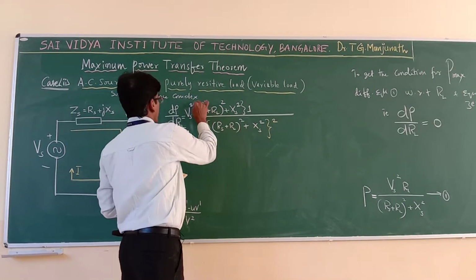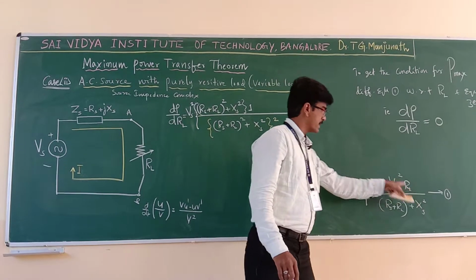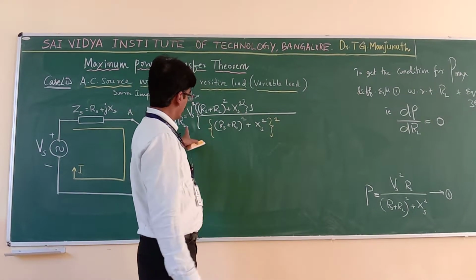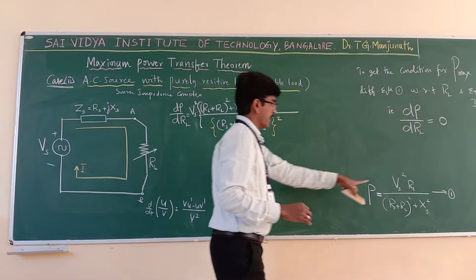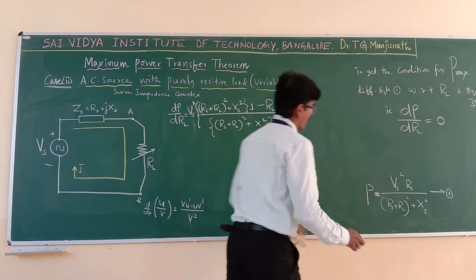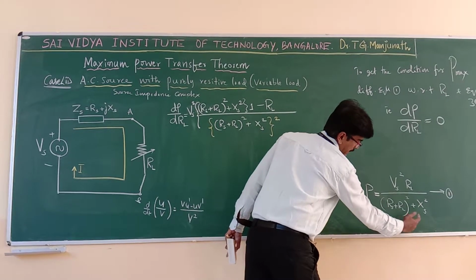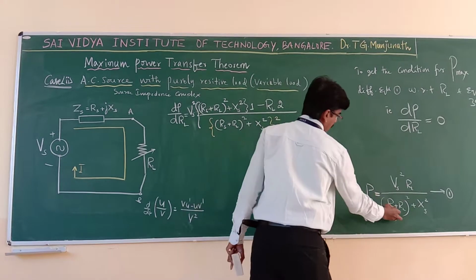This is V square, take it outside because it is constant. Now you only have to differentiate this. Differentiation of RL is 1. With respect to RL you are differentiating, minus, keep the numerator and differentiate the denominator. What is the differentiation of the denominator with respect to RL? So this is given by 0, and this is 2 into RS plus RL